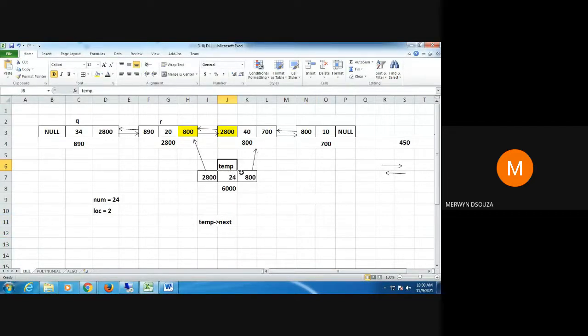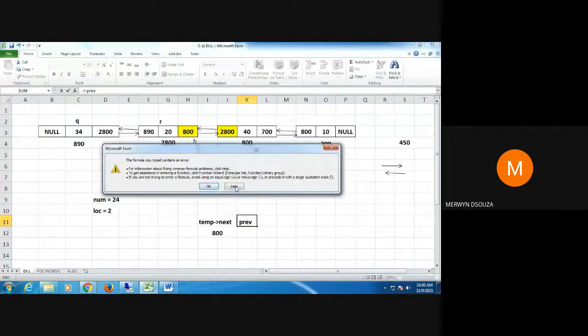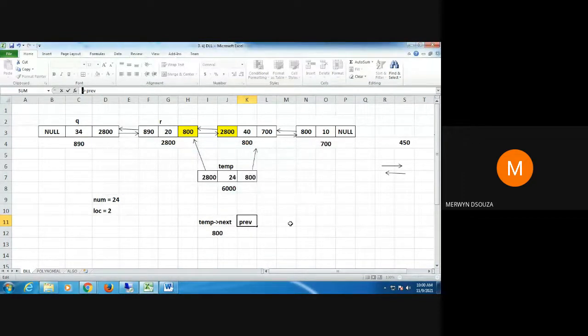When you check here, temp arrow next, what's the value of that? 800. Okay, temp arrow next means 800. Of that node, go to that node 800. Go to that node and access the previous part. So when you go to that node and access the previous part, 800 previous part, what you want